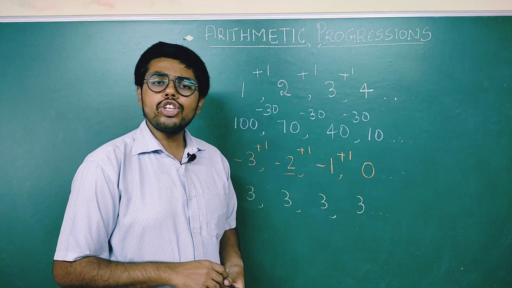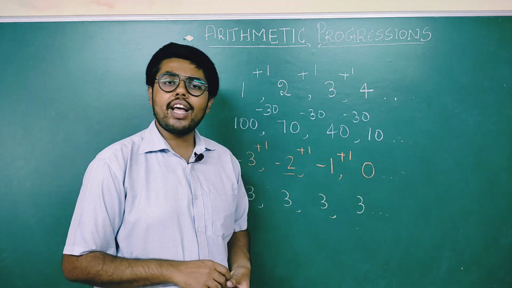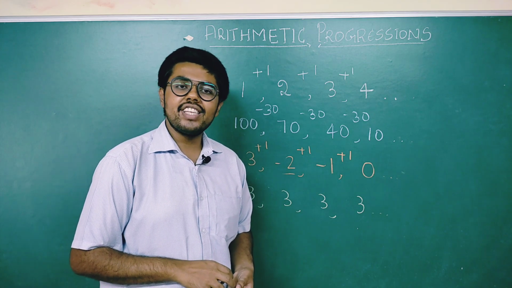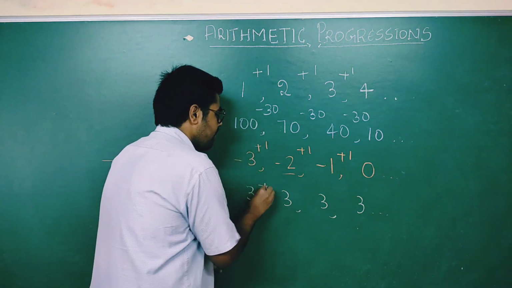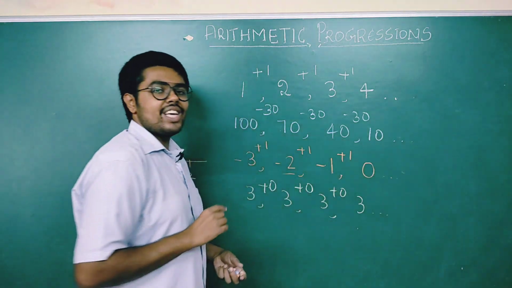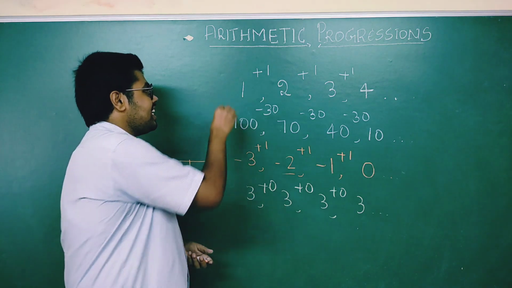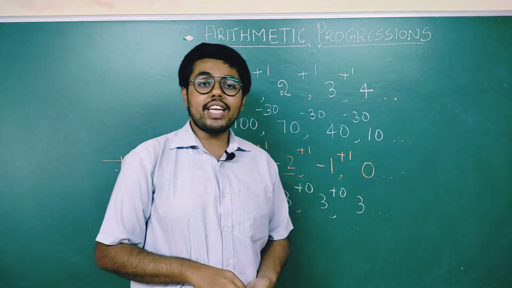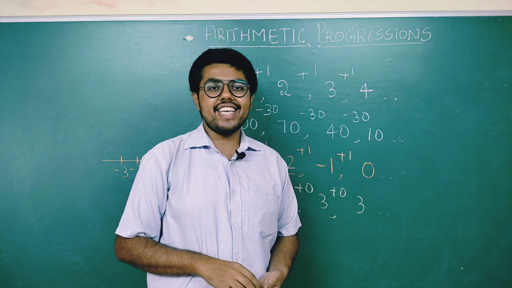But there is no increase or decrease, sir. You have written the same number again and again. How can it be an AP? Yes, but what is the common difference? Can I write the common difference as 0? There's a 0 increase. Same number, but I'm increasing 0. Yes. So these are all arithmetic progressions. Arithmetically, they are increasing or decreasing in nature.